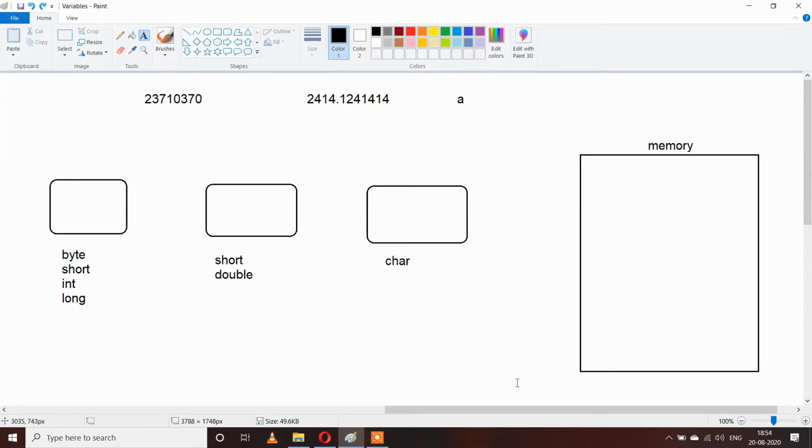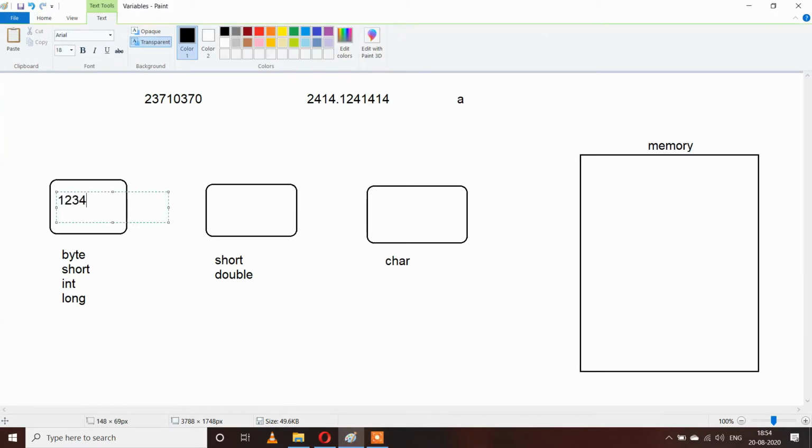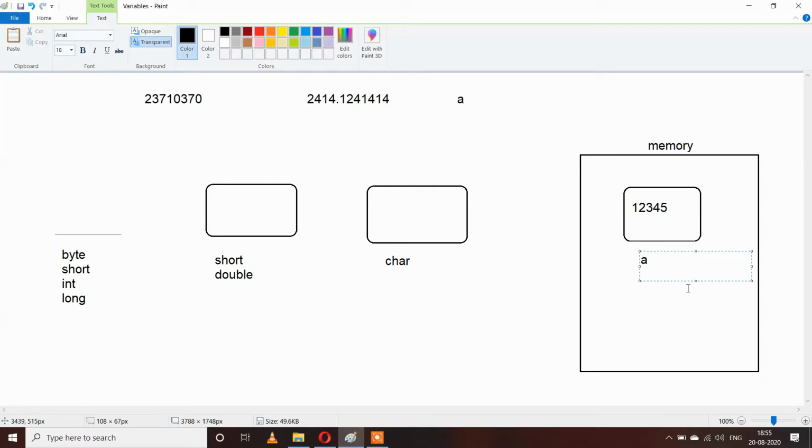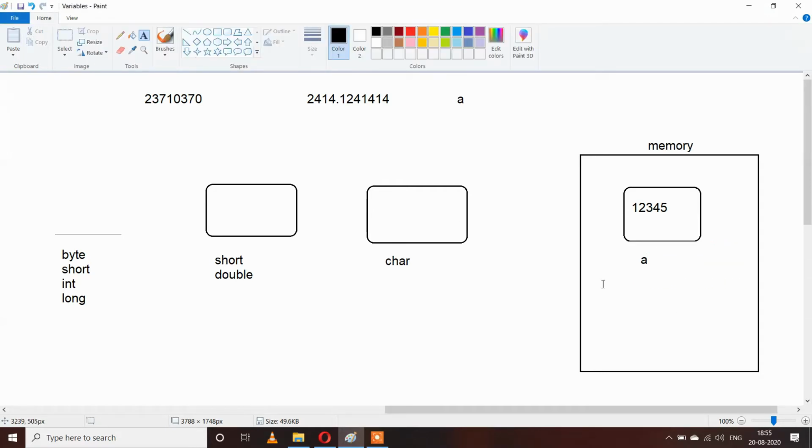Now let's see what a variable is. Suppose we have stored data like 1, 2, 3 in an integer data type and stored this data in the main memory. So the question is how we can access this data from our main memory. We can't directly access it without any address. So variables are used as the address of our data in the main memory, so we can easily access it.